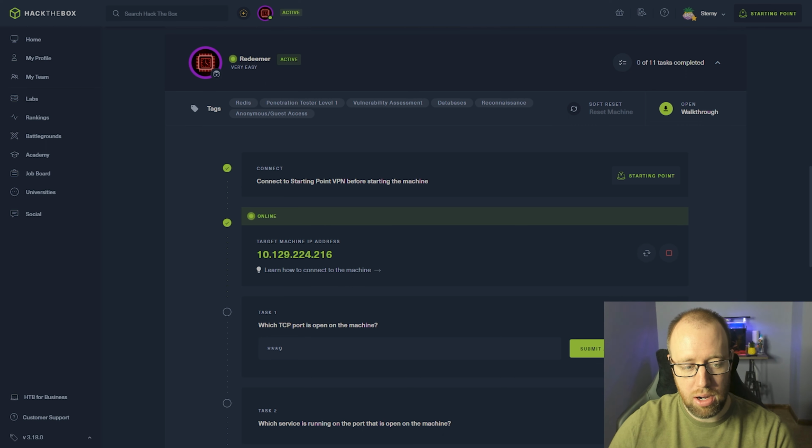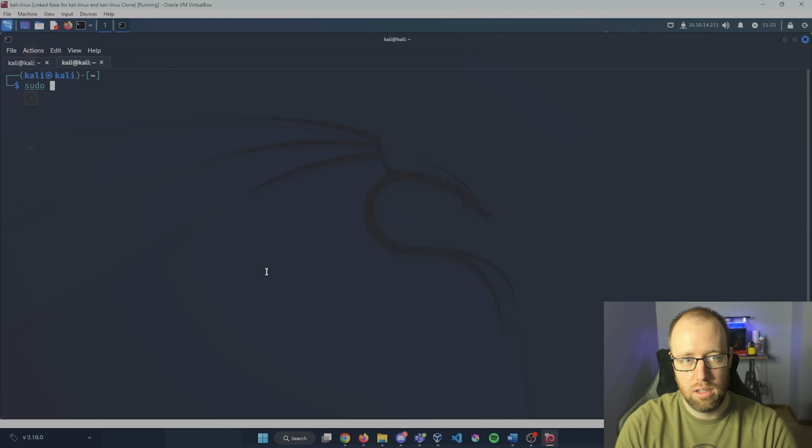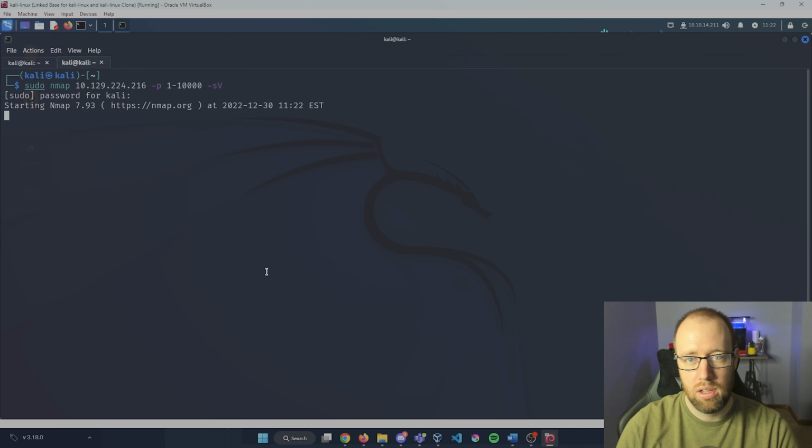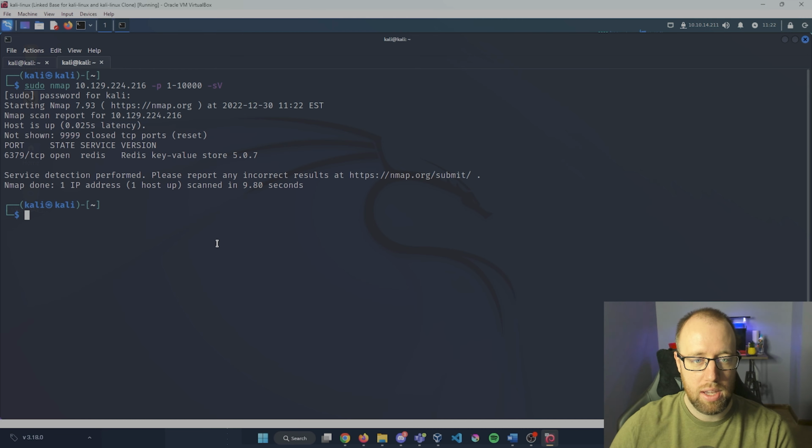I already got a box up and running. Go ahead and grab our IP here and jump right into Kali. Let's start with an nmap scan with our IP here. I'm going to expand out our search parameter with -p1 to, let's say, 10,000 for this, and then -sV to get our version numbers. Let's let the nmap scan run. Okay, our scan has finished, and it looks like one port that is open is 6379, and this is a